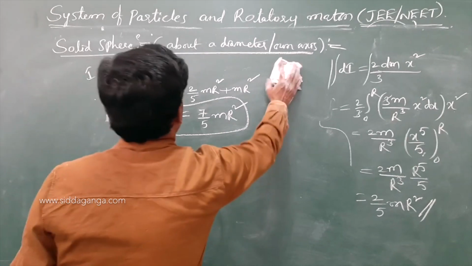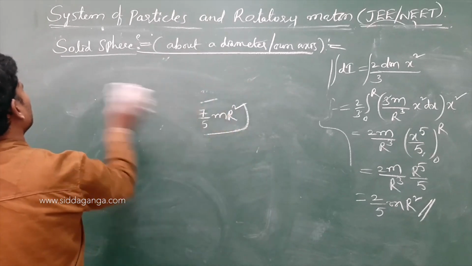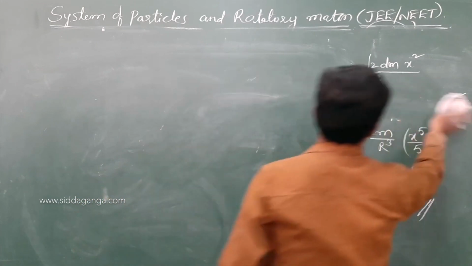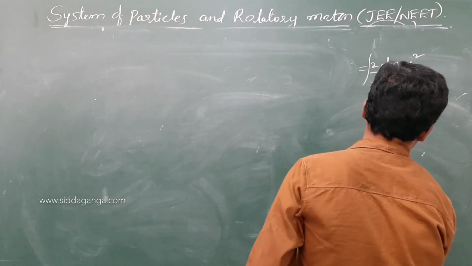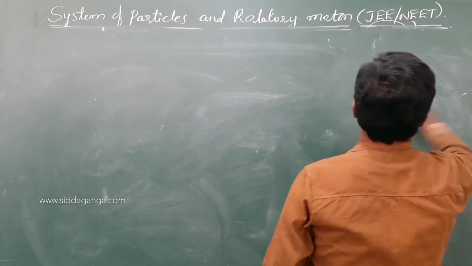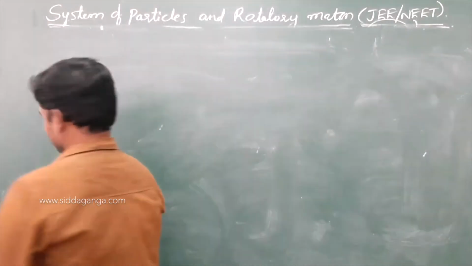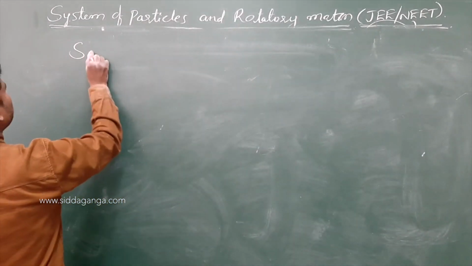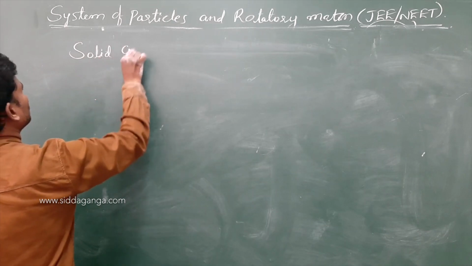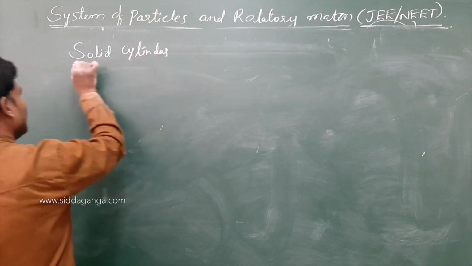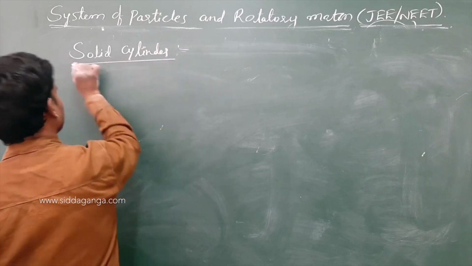Okay, right. We do the next one. Moment of inertia of a solid cylinder. Solid means again volume, mass, density will be there. Moment of inertia of a solid cylinder of length L, radius R, and I am finding it